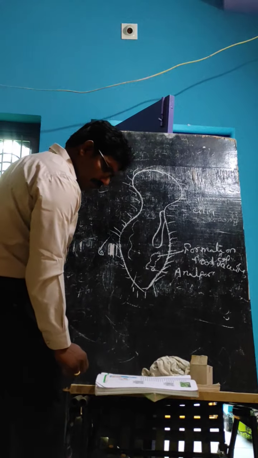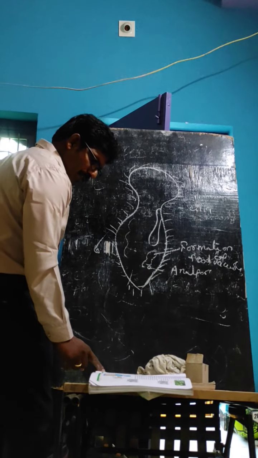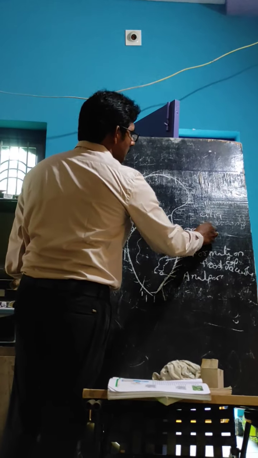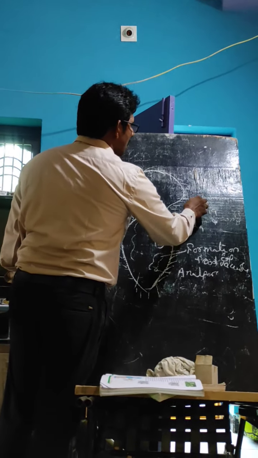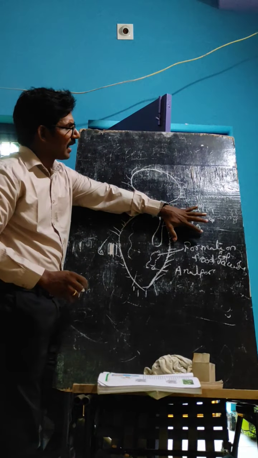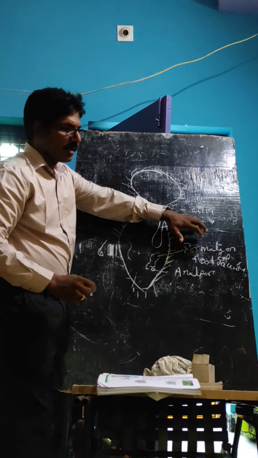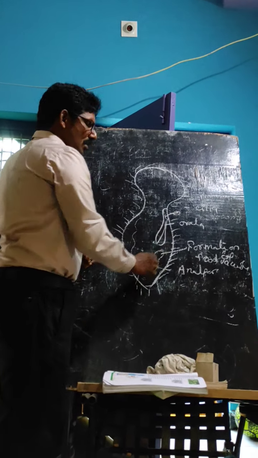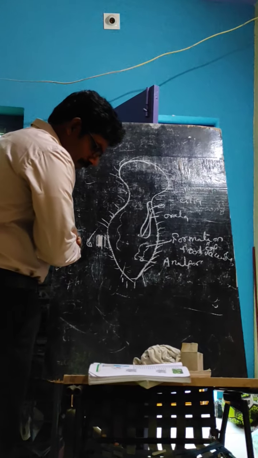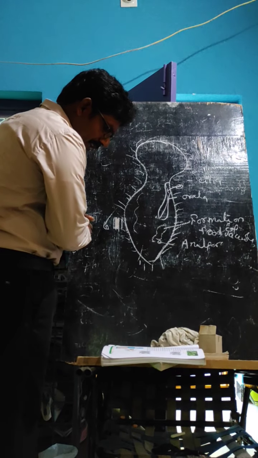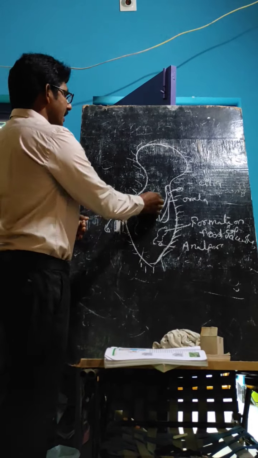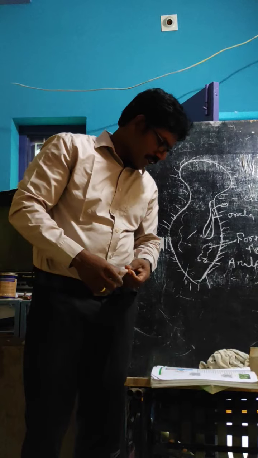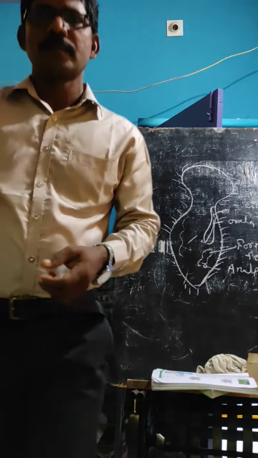Okay, now food is moved to the spot by this, which is called the oral groove. Suppose there is a food material, automatically the cilia keep moving like this, and the food comes towards the oral groove and goes inside. Where the food is ingested, digestion is going on.